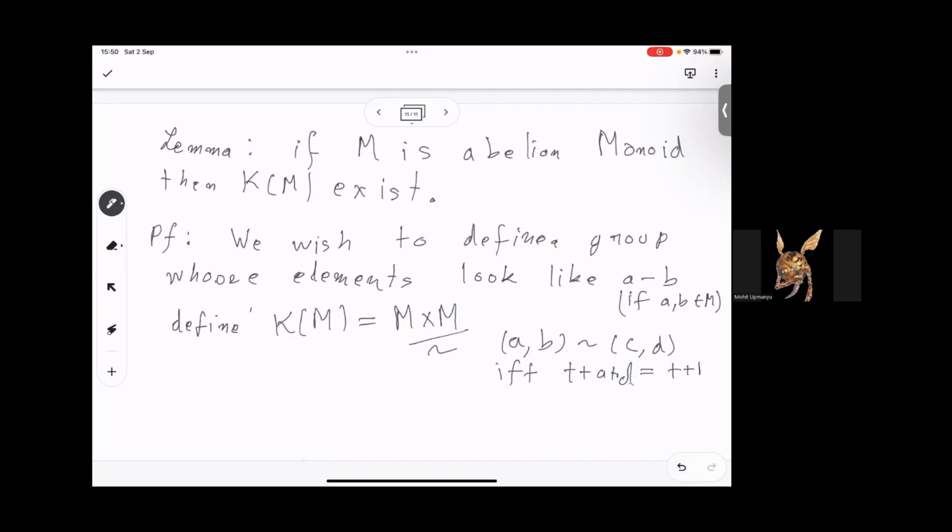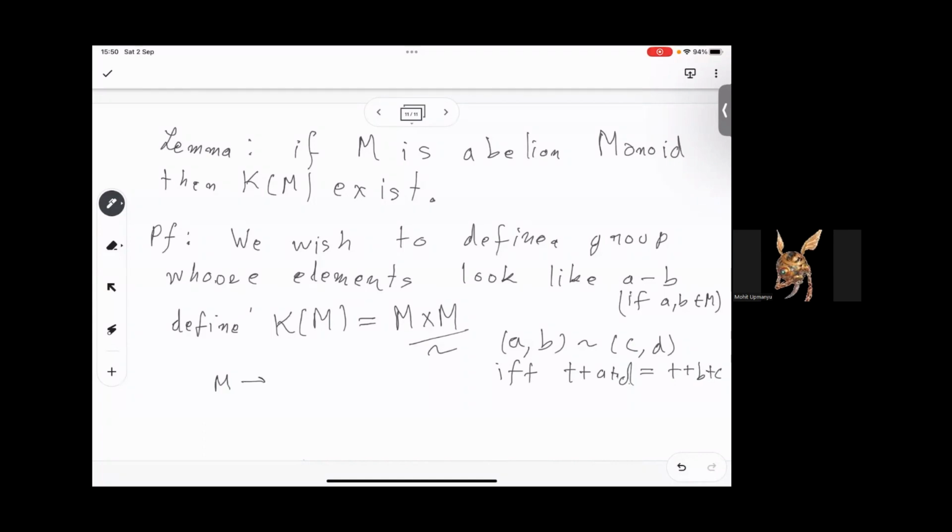T plus B plus C, right? Now this becomes a proper equivalence relation and we can go more into that. So now all we need to check is that this satisfies the universal property, and that's kind of easy because